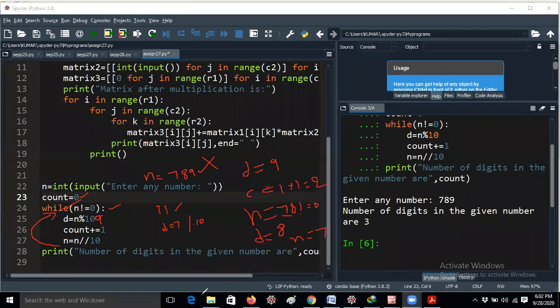Very good. Everybody is saying 7. That is the correct answer, guys. Whenever the numerator is less than the denominator, the result is the numerator only from the modulus point of view. So now d equal to 7, guys.